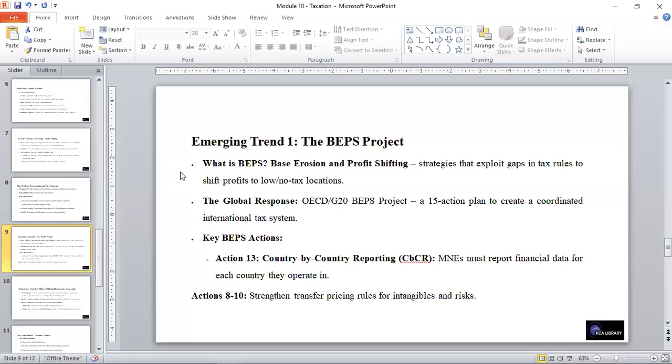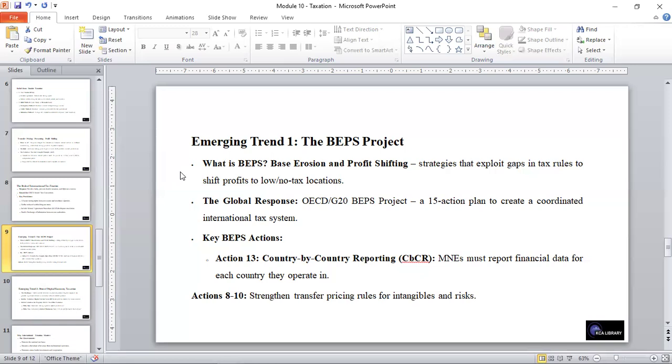These are emerging. And the global response to this is that the OECD/G20 BEPS project has a 15-point action plan to create a coordinated international tax system. And out of this 15, we have some prominent ones, like Action 13, which deals with country-by-country reporting,